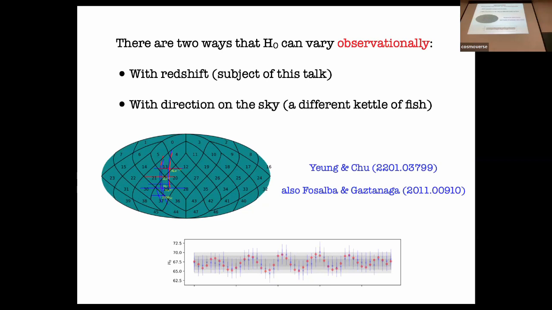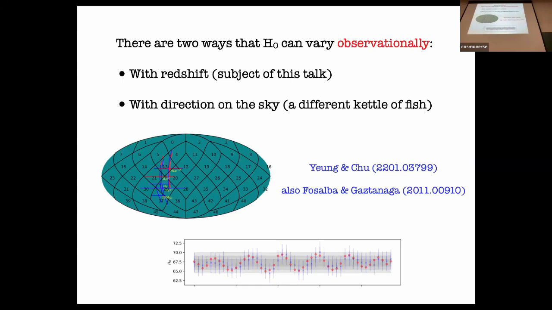So with redshift, you could imagine H0 varying with redshift, right, on the sky, okay? And you can also imagine it varying with direction on the sky. Now I'm going to talk about what happens when H0 varies with redshift in a model. So what it means is the model is breaking down. So it's a signature of the model breakdown. Now the other thing is that you can go after FLRW if you want by looking at variations of H0